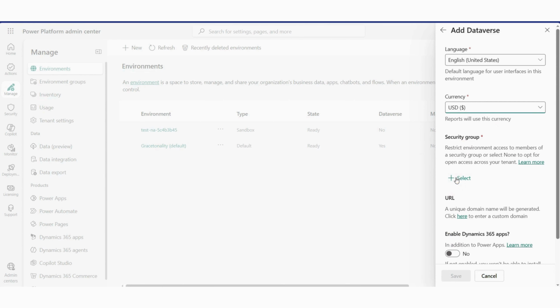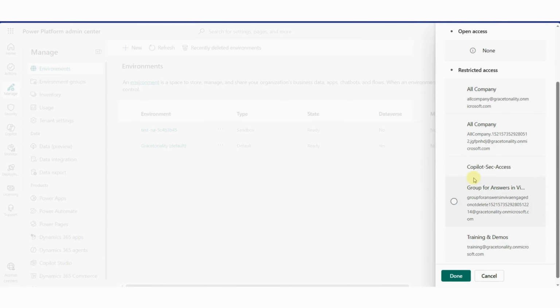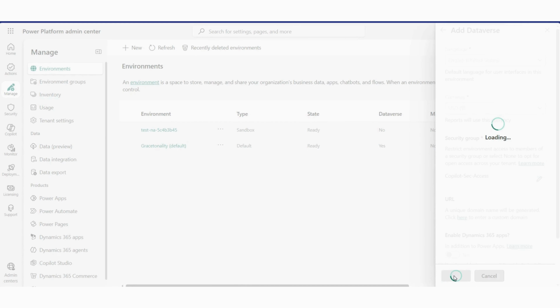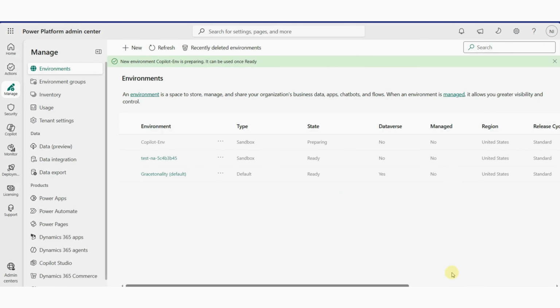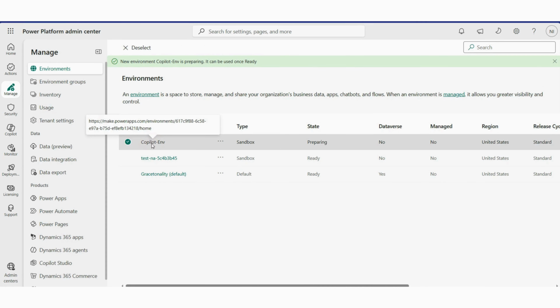As you can see, security group, our security group is here. You go ahead and assign it and save. All right, our security group has been added to the environment. As you can see, that